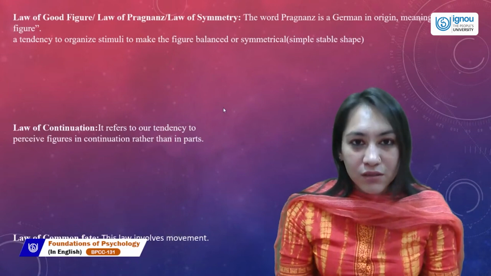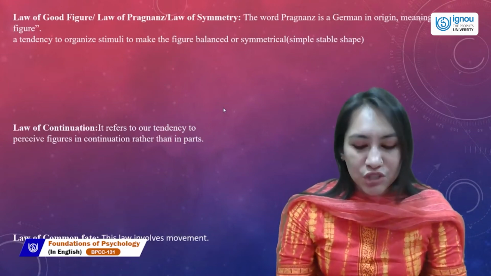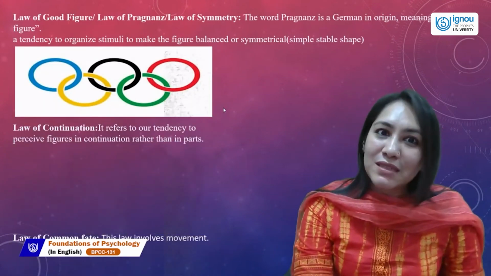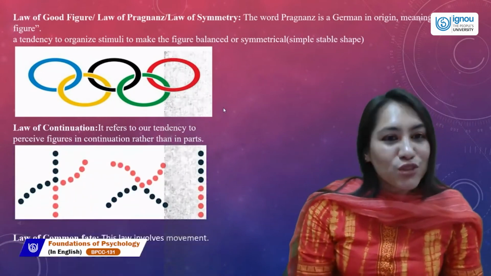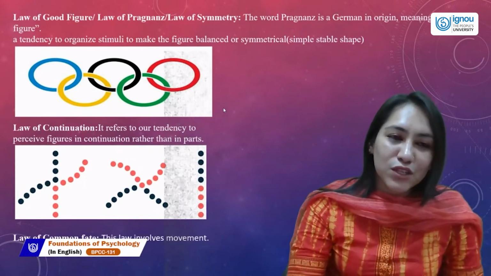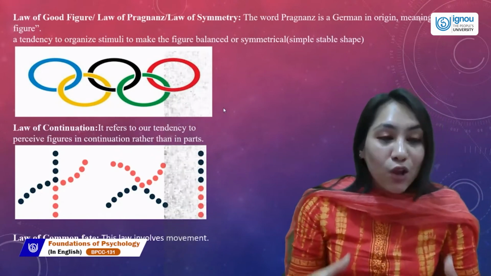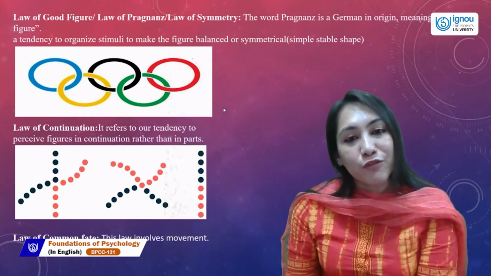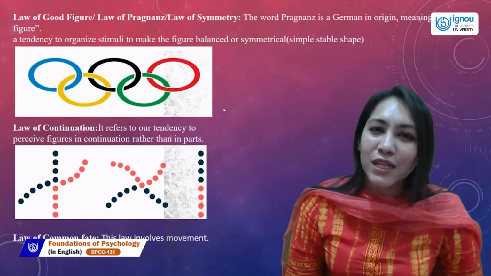Pragnanz is a good figure. Everyone wants to see something which is balanced, a shape which is recognizable, something which is stable. So I'll show you a picture here. What do we understand by this? These are Olympic circles, right? Stable form. You've seen it, you can label it easily, can't we? So this is how we have something which is figure and ground, which is three ones that we talk about: the figure and ground, the proximity, and the law of pragnanz. The law of pragnanz is the ability to see something which is stable, already a figure, balanced figure, seen before, easy to label. So these rings were something which is the Olympic rings, already seen, very stable, labeled worldwide, you